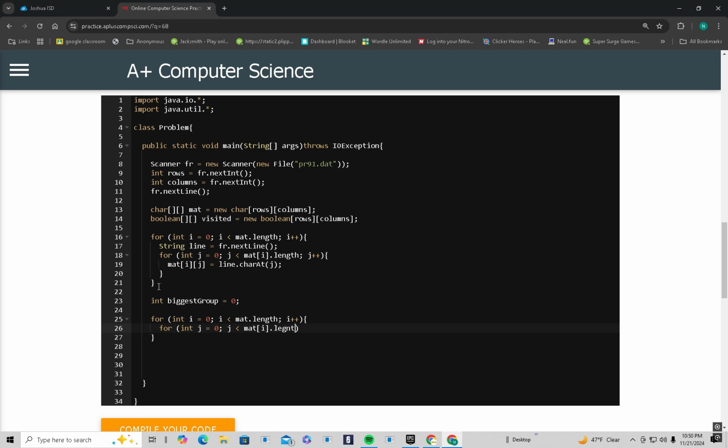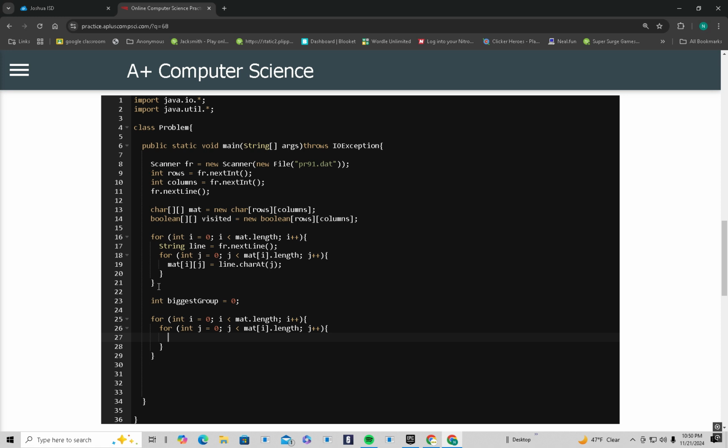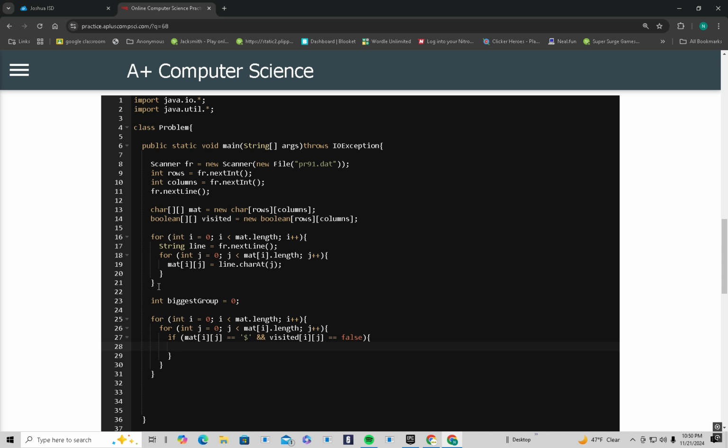This is a pretty straightforward process. I do it very often. So we'll say if mat at ij equals a $ and visited at ij equals false, then we'll say